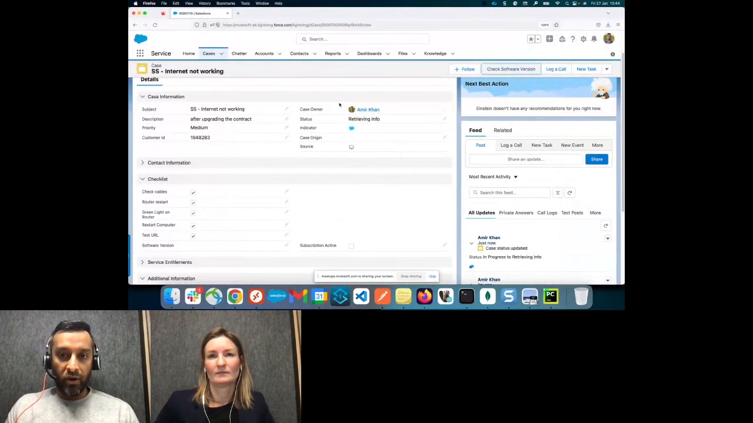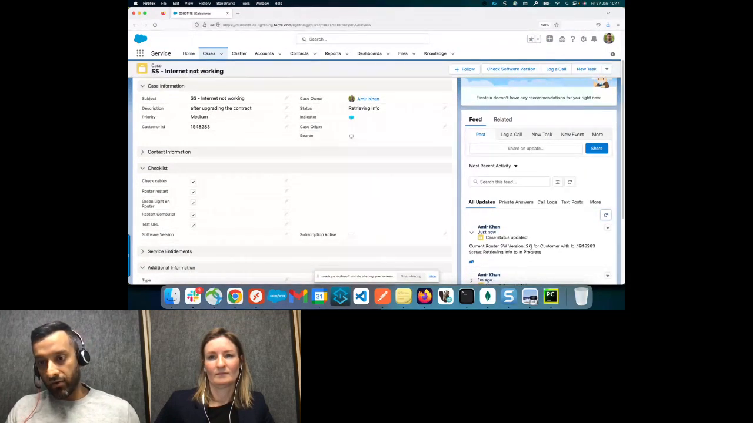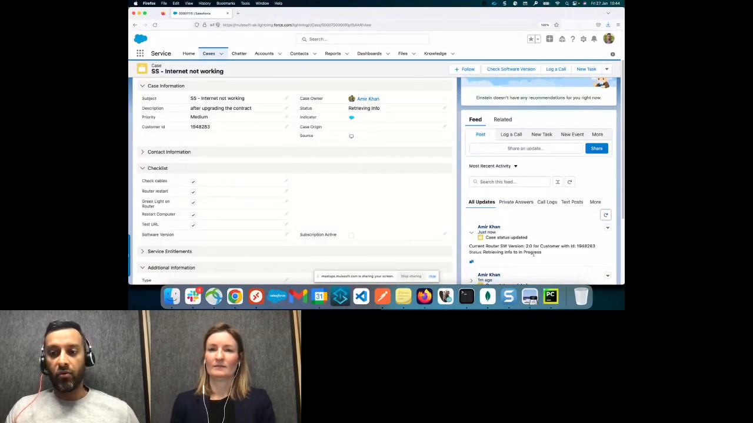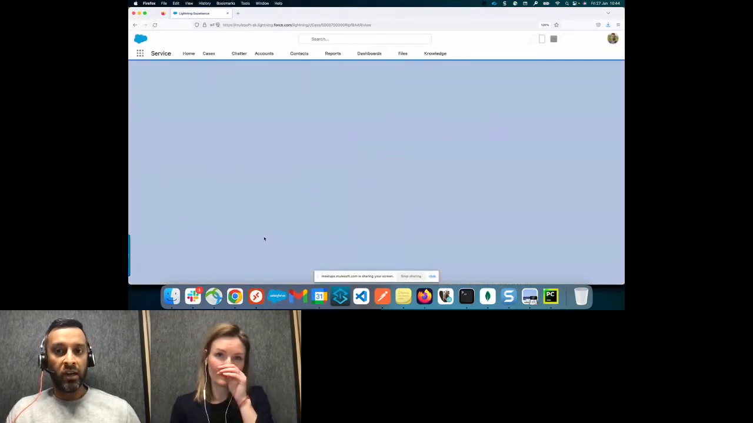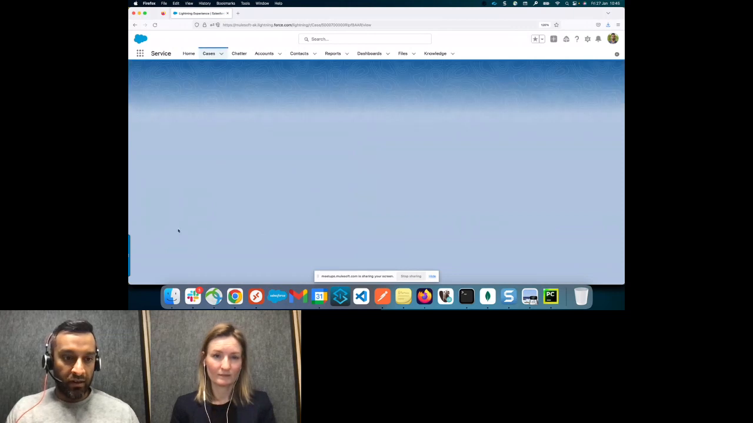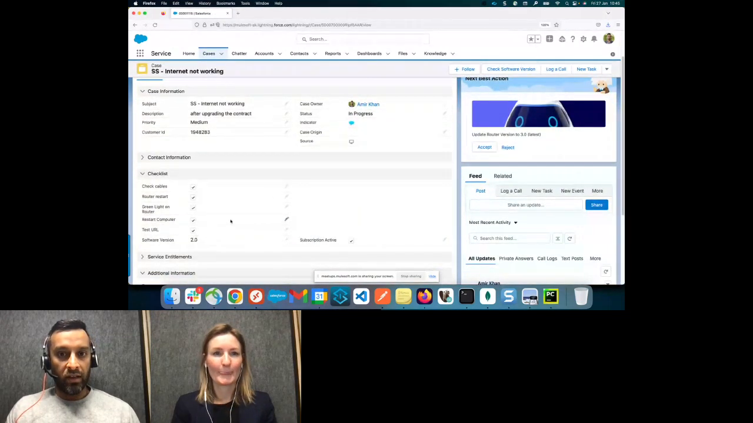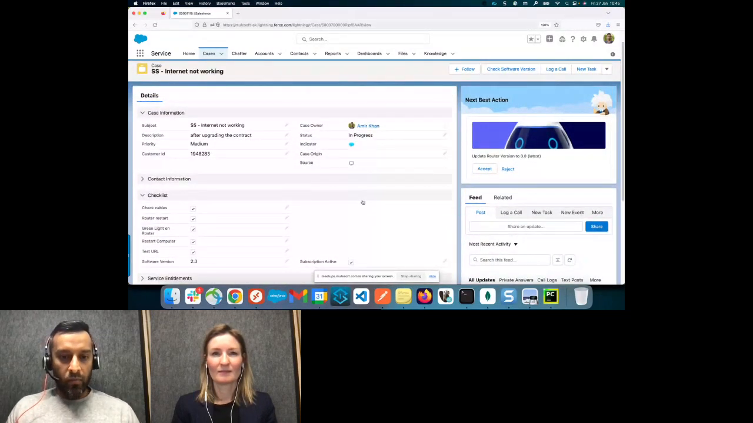So if I refresh the case, first of all, let's refresh here. So we can see here, current router version is 2.0 for this customer ID, retrieving info to in progress. So this should be changing as well the moment I refresh the page. And we should have here these two information about contract is active and version is like this. In progress is done. So I can see, Simona, I see your subscription is actually active, but what I also